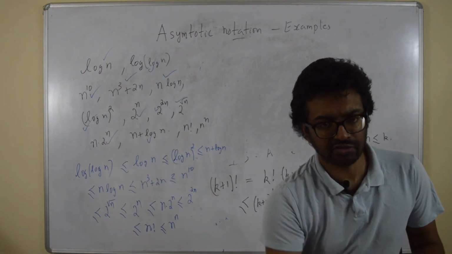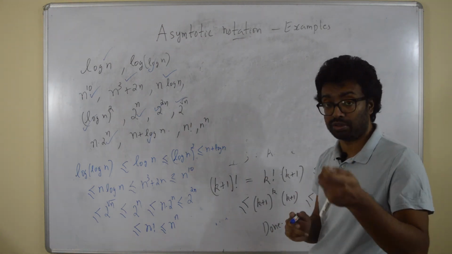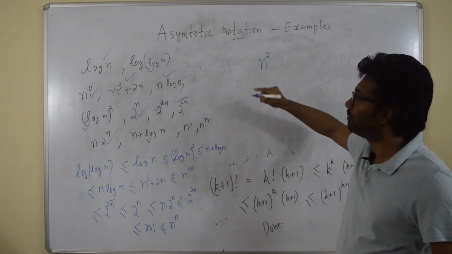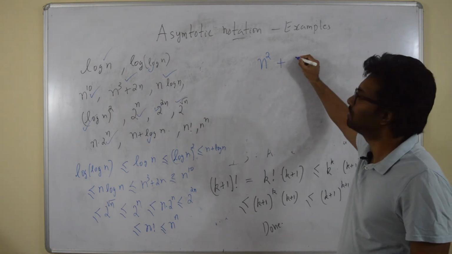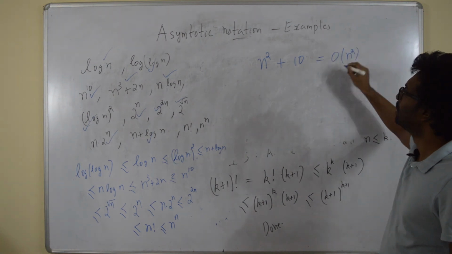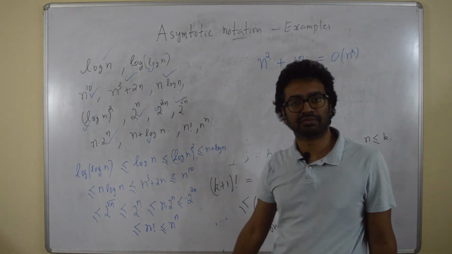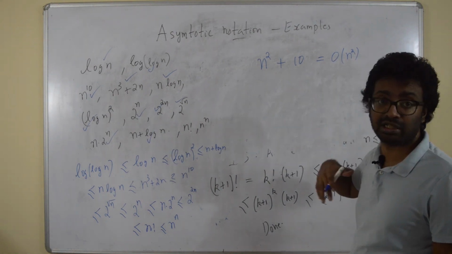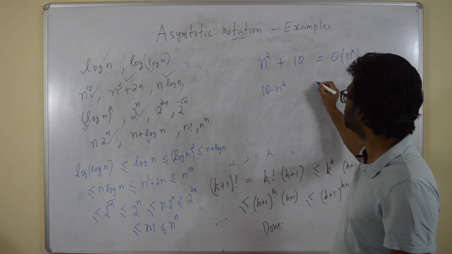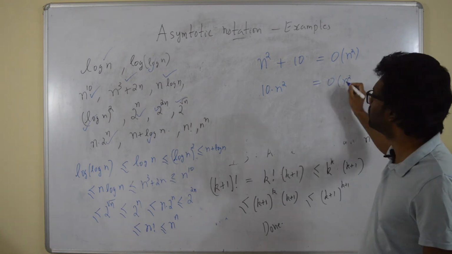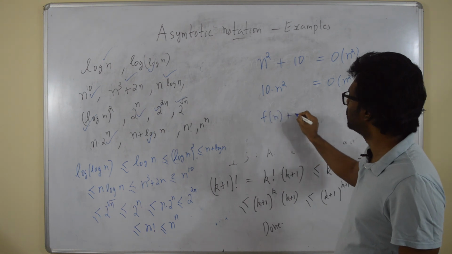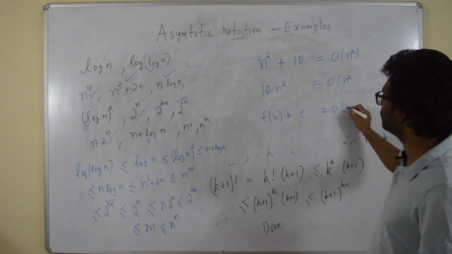So what we have seen here is the following, right? For example, what I want to say is that if something like n square plus any constant, let's say 10, this is the same as O of n square, right? So constants kind of disappear. Constant addition kind of disappears. What about constant multiplication? This is also the same as O of n square, right? So any function, this is true. f of n plus some constant c is the same as f of n,